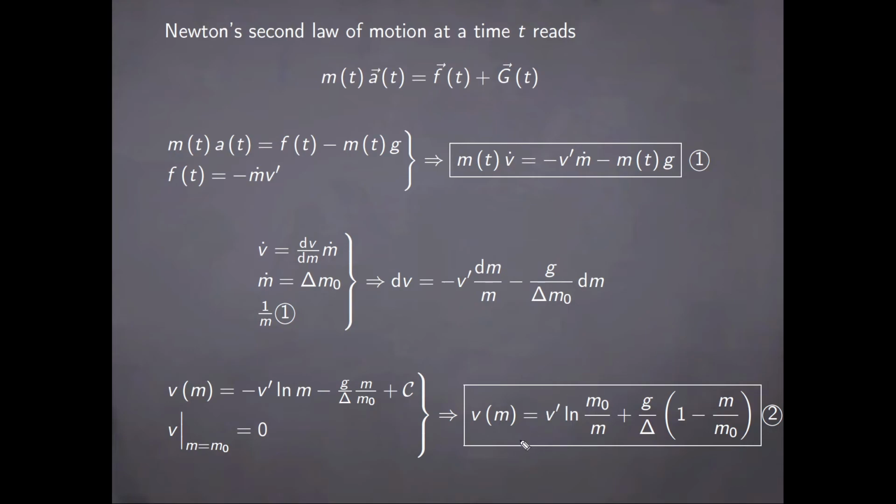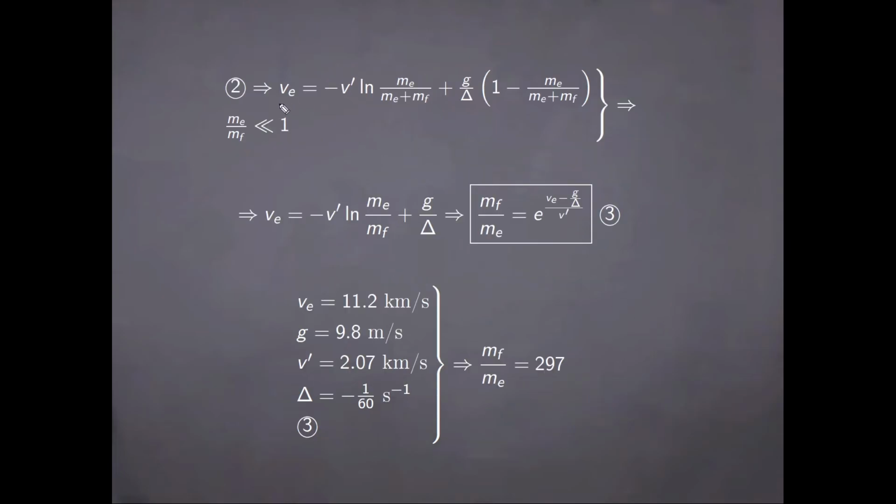Now I can solve this equation for the condition that m reaches its minimal value, which is the mass of the empty rocket, and the result is here where I have written, so the variable m has become me, standing for empty, and m0 is the constant being equal to me, the mass of the empty rocket, plus mf, the total mass of the fuel. And this quantity is going to be equal with ve, which I will assume is the escape velocity. I want to use the condition of this being equal to the escape velocity in order to find the ratio